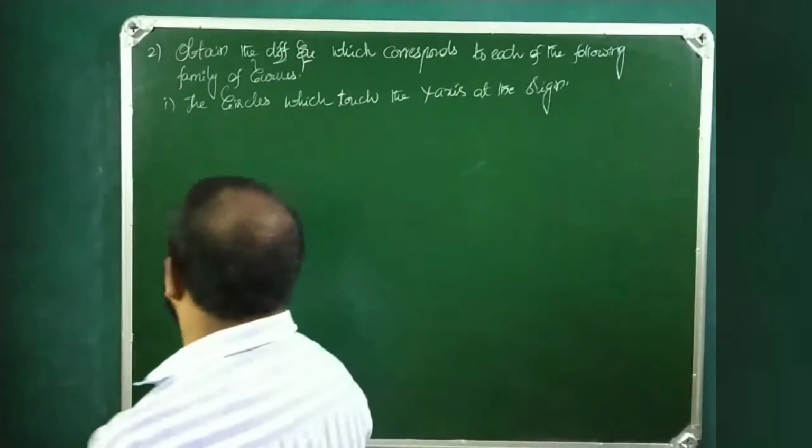This is h comma k. So without changing the actual direction of the coordinate axis, a new axis has formed now. This is capital X X dash, and this is capital Y Y dash,